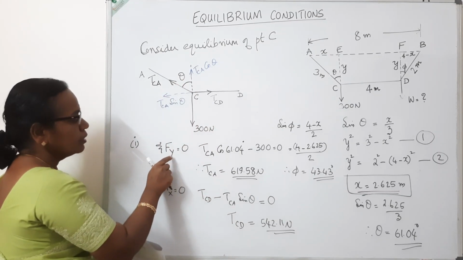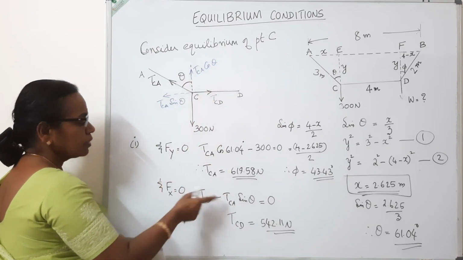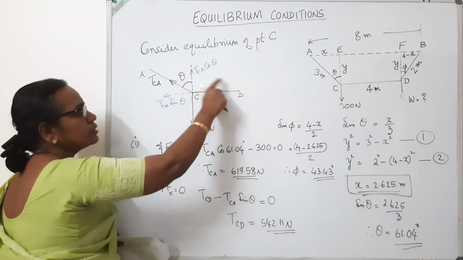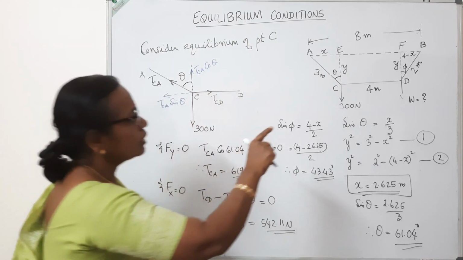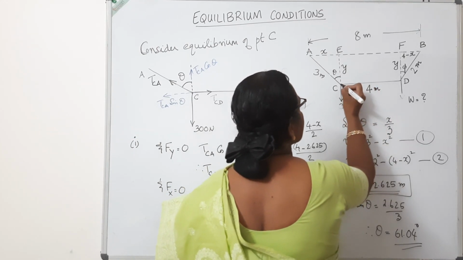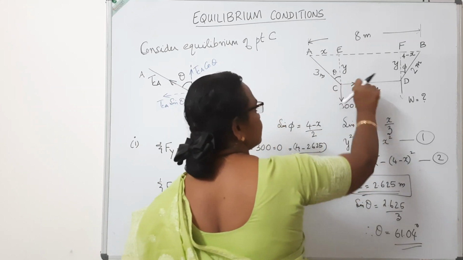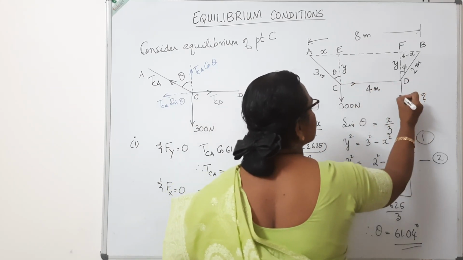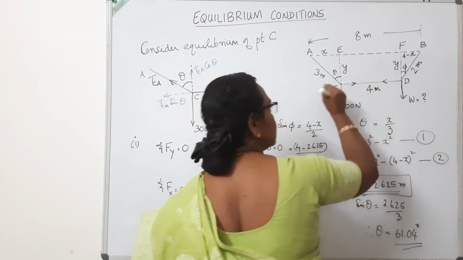So considering the equilibrium of joint C and applying the two equations of equilibrium for concurrent forces, I have applied first Fy is equal to 0 so that I can get TCA, and then I have applied Fx is equal to 0, from that you got TCD. So in this figure, we have got the tension in this wire. Tension in the wire will be marked at the joint C away from the joint. At the joint D, it should also be away from the joint. It will be acting in this direction.